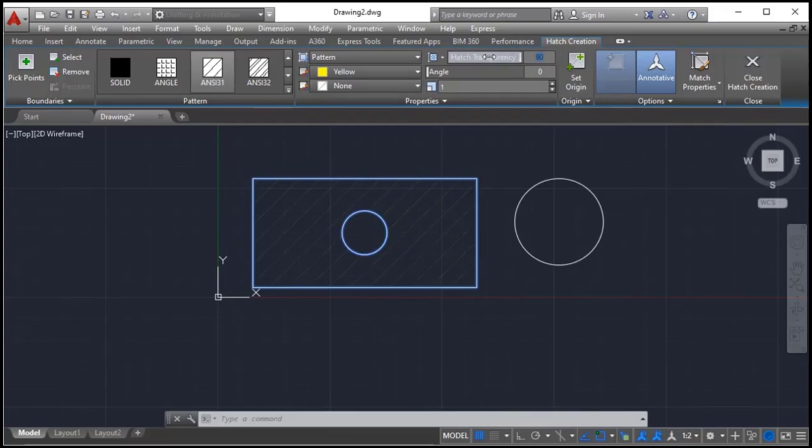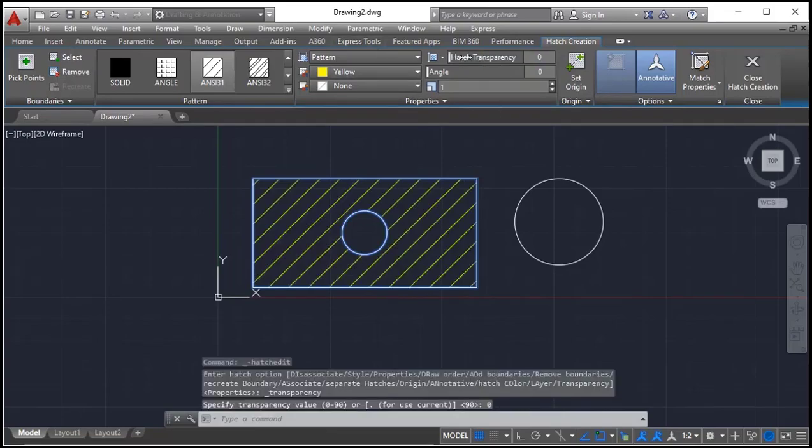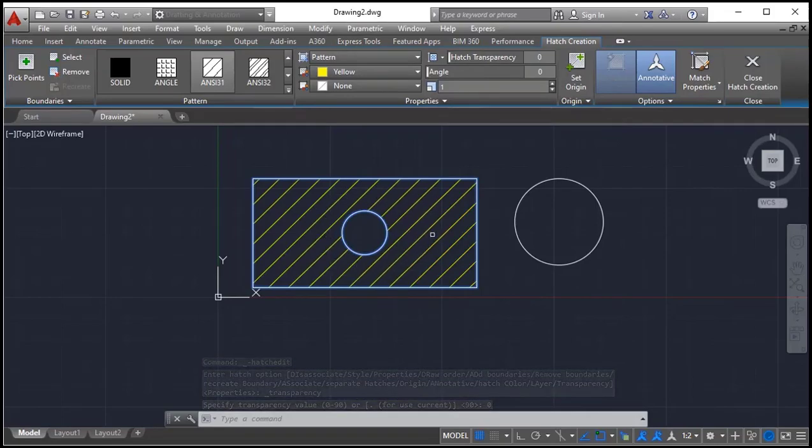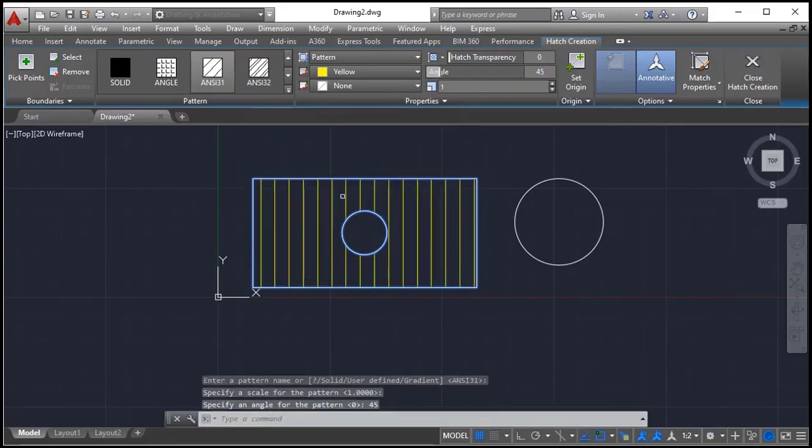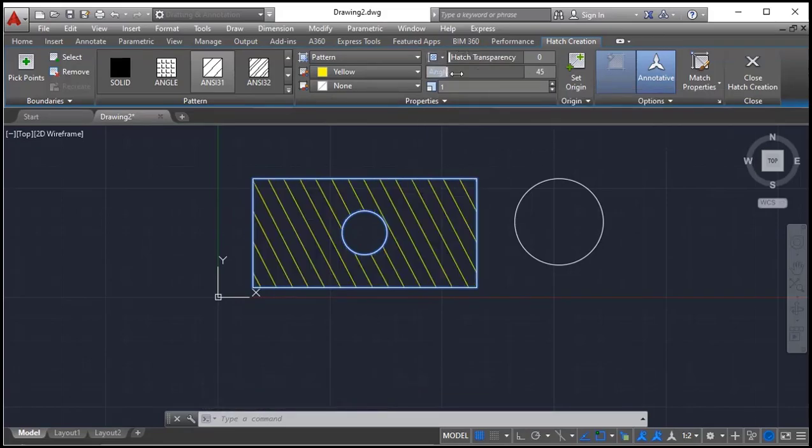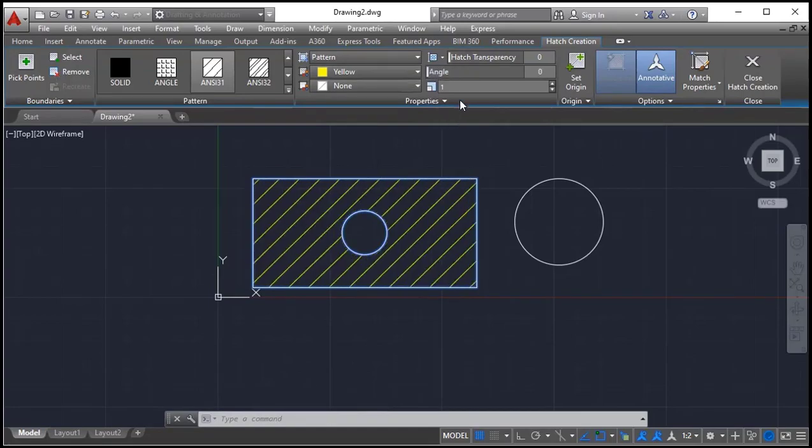That is why. So simply click 0, which means full visibility. Now, in AutoCAD, the hatch default angle is 45 degrees, but it is showing 0, though the angle is 45 degrees. Suppose I increase this to 45, see, exact vertical lines, which means 90 degrees, right? So 45 plus 45, 90. This way you can change the angle also.